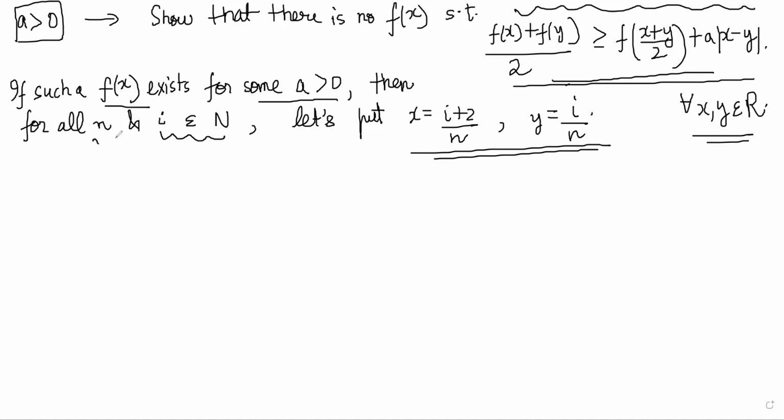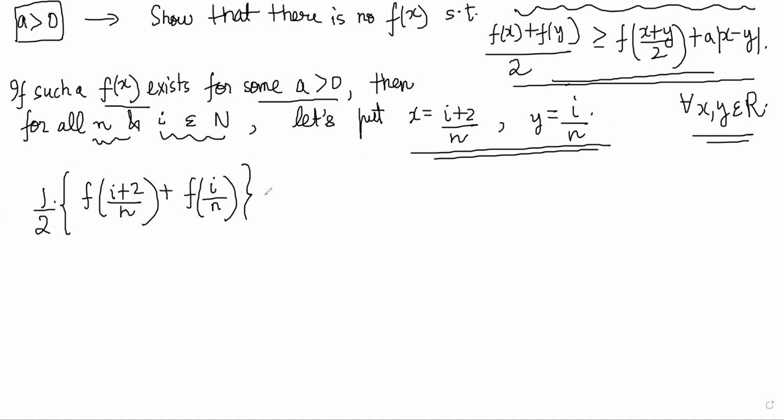where i is a natural number, n is a natural number. And let's put y as i by n. If I do that, let's see what the inequality looks like. So we have half of f of (i plus 2) by n plus f of i by n is greater than or equal to f of